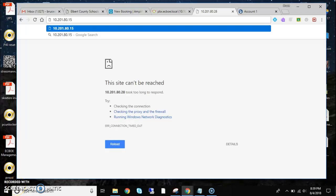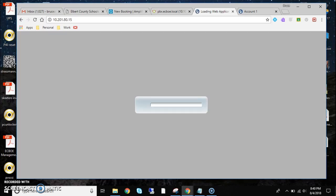Hey everyone, I'm here at Miss Brady's phone here in the elementary school, and it needs to be provisioned. The reason I can see that it needs to be provisioned is because where it normally says the extension, it says account number 1. So here's the IP address of the phone. I just hit that,